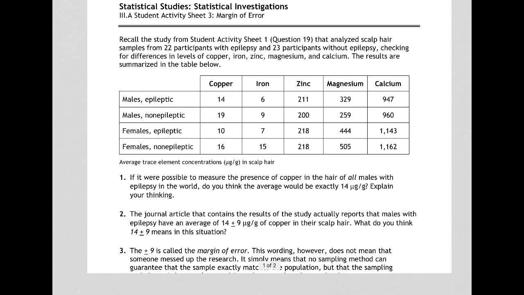So this is the first page of the assignment. You guys will be doing the second page, so I just wanted to use this as an example. This example talks about a study that they did to look at the amount of copper in people who have epilepsy. So they surveyed samples from 22 participants with epilepsy and 23 participants without epilepsy. And they wanted to find the differences in the amount of copper, iron, zinc, magnesium, and calcium